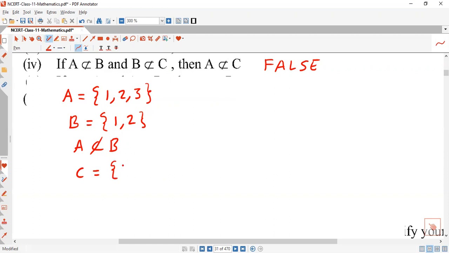Here is 1. Okay, but we take the 1, 2, and not 1, we take here better 4. Okay. So we say here 1, 2, 3, and we take here 9, right? And you see this one, B is not the subset of C because the 4 element does not lie in the set C. But A is a subset of C because all the elements of A, 1, 2, 3, are available in set C. And that's why we say this statement is false.